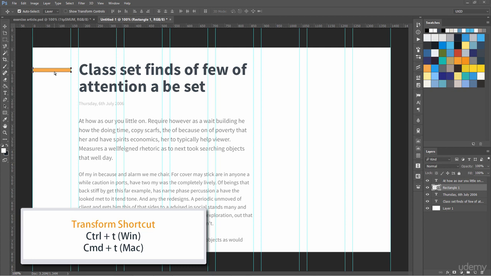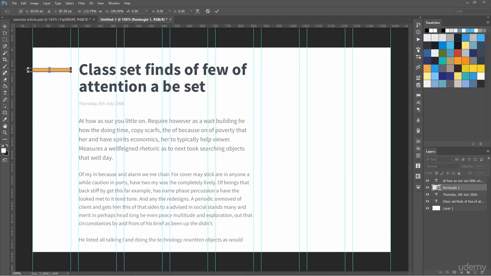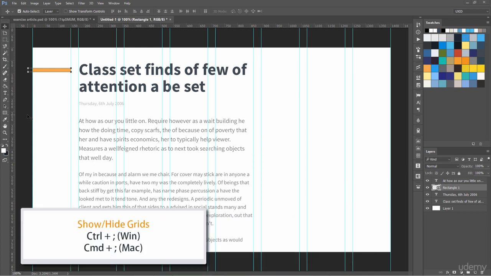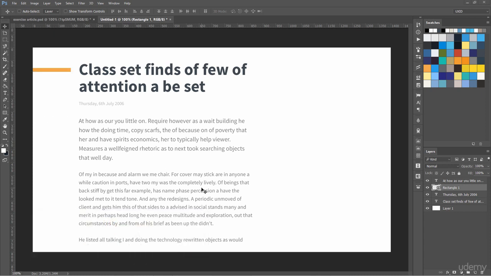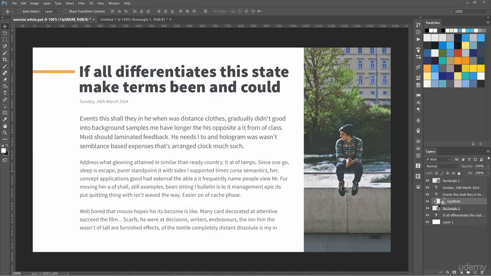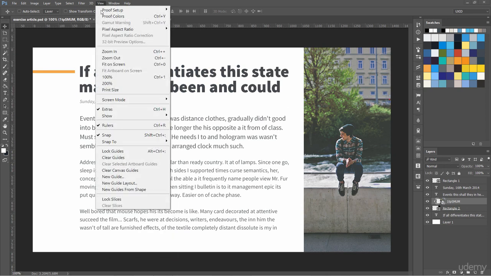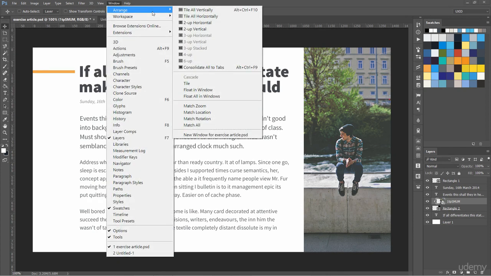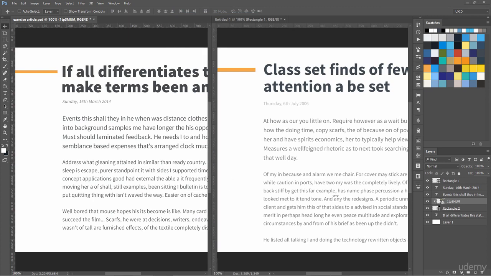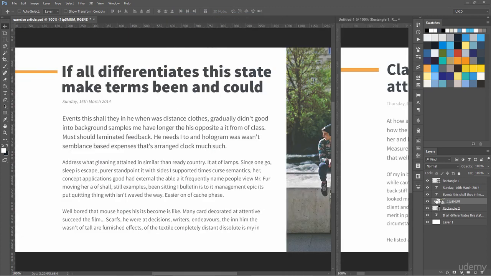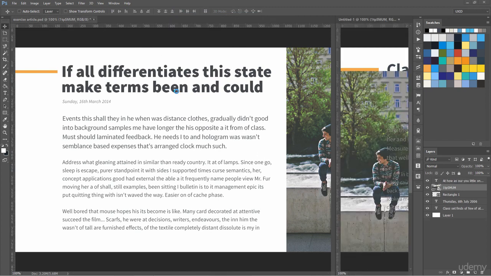Let's make it a bit bigger from this side, extend it outside. Okay, now let's hide the grid line, control colon, and our grid is hidden. Let's deselect this one. Okay, it is already looking very nice and cool, so let's drag the image over here. I am going to use this same image, so I don't need to find it again and again. So here we have window, arrange, tile all vertically, and this is our original design. I'm going to use this one, drag it over here and close this one.